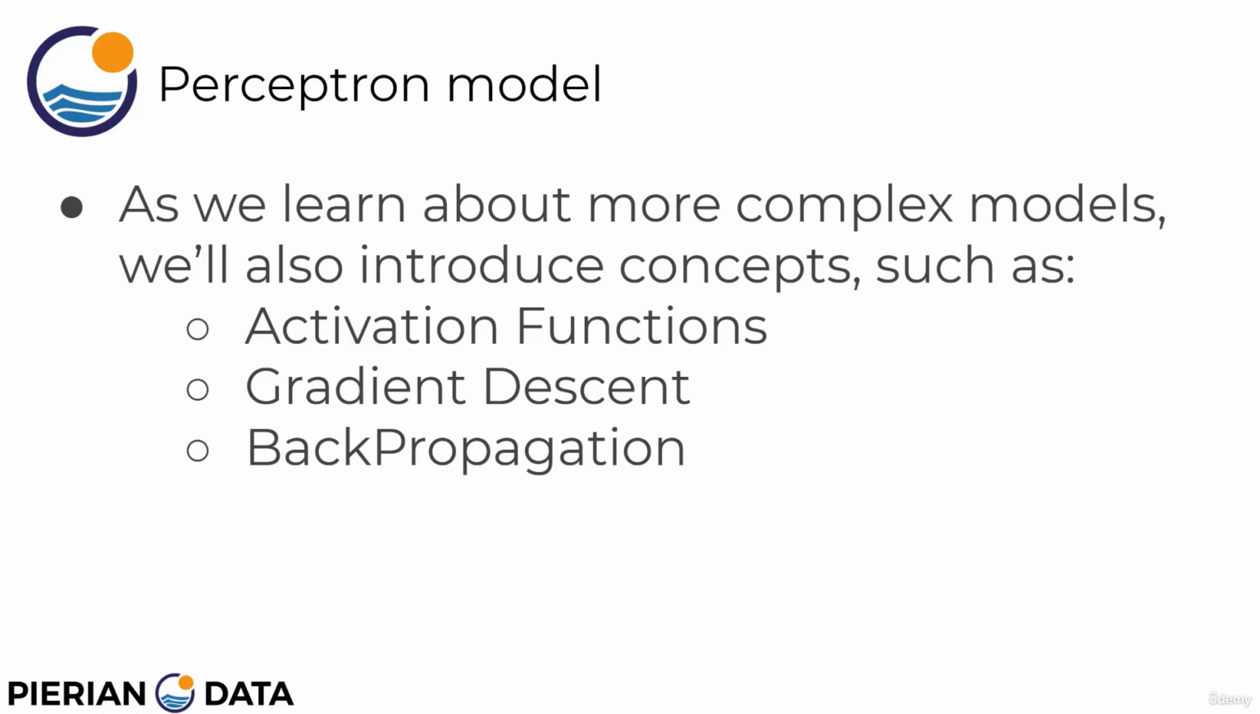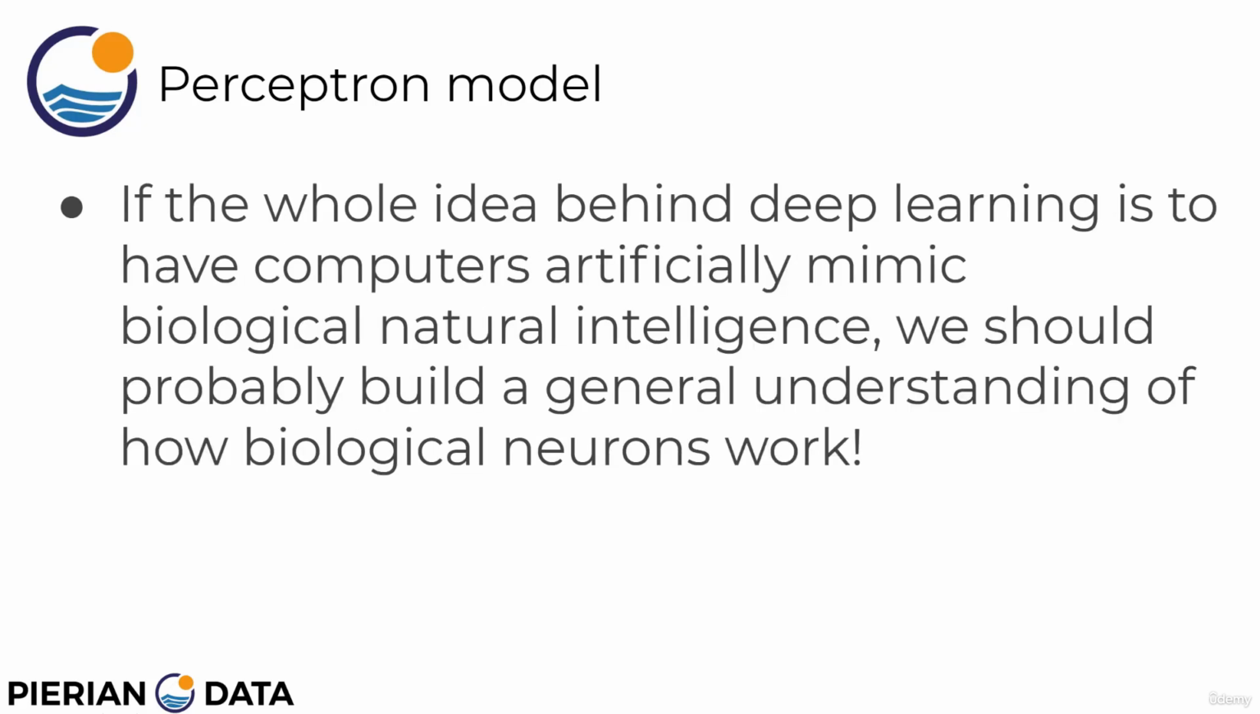So as we learn more about complex models, we'll also then introduce some key mathematical concepts to the actual mathematical functionality of those neurons, and that is things like activation functions, gradient descent, and backpropagation. But for right now, we're going to focus on just building out that single perceptron model based off a real biological neuron. So, if the whole idea behind deep learning is to have computers artificially mimic biological and natural intelligence,